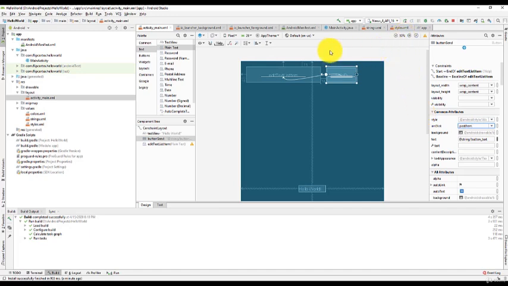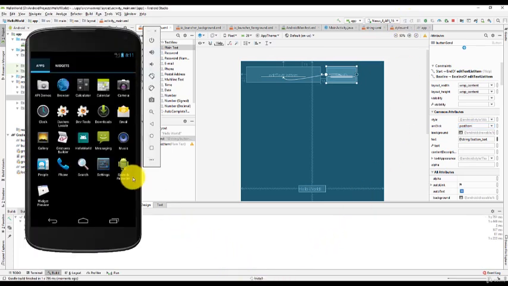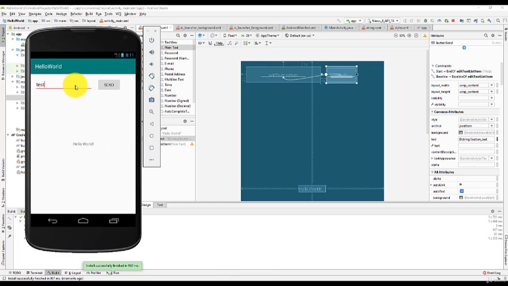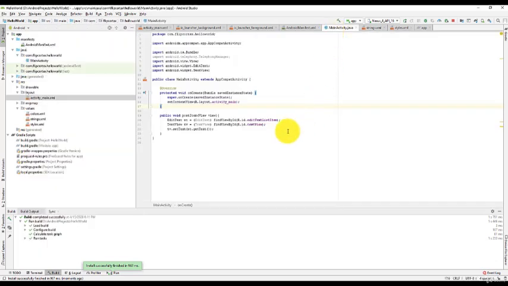So what happens now when we run the application? There you go, it worked. If we write test and click, you see that test gets written in the text view. Okay, that's your first simple user interface application. Next, we'll show you how to do an event handler in another way.